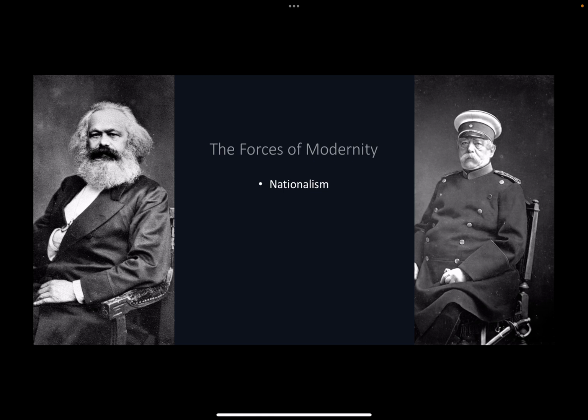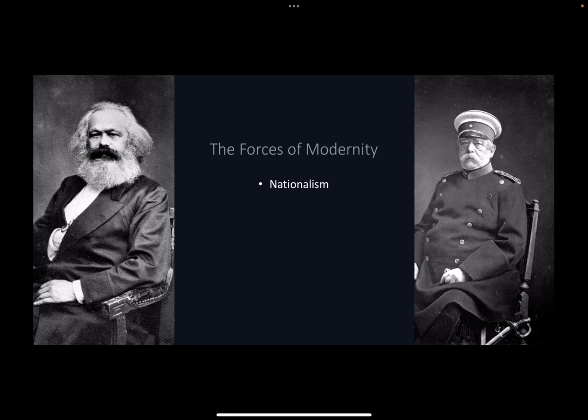The catalyst behind, or the key figure, I should say, behind the creation of Germany is pictured here on the right. This is Otto von Bismarck. And he was the chancellor of Prussia, which was one of the regions of Germany and arguably the dominant region, at least militarily and economically. But Prussia sort of swallowed up or came to incorporate other areas like Bavaria and Swabia into this single nation